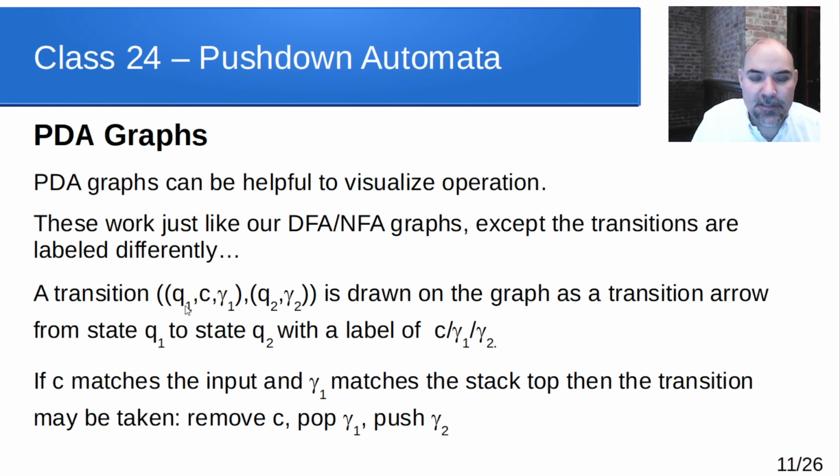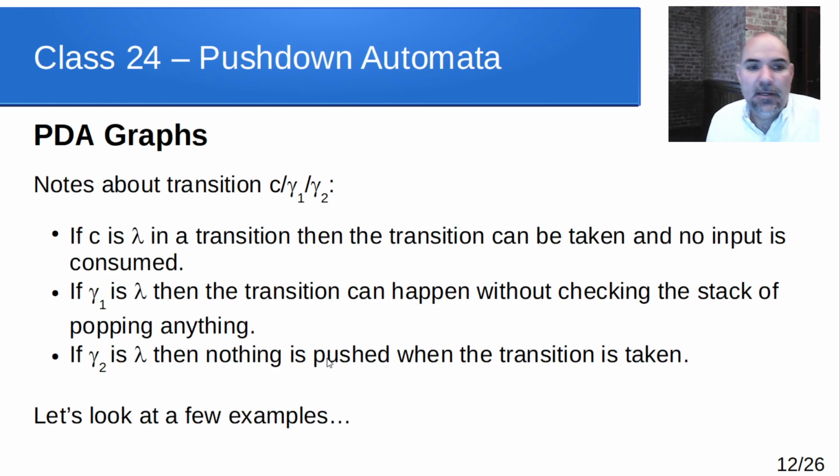But we always have to have the state we're going from and the state we're going to. And these could be the same state, just like with a DFA where it can loop back to that state. We could have Q1 go to Q1. But these both have to be elements of Q, both have to be states, and C has to be an element of our sigma, our input alphabet. And these have to be strings of 0 or more symbols from the stack alphabet, capital gamma.